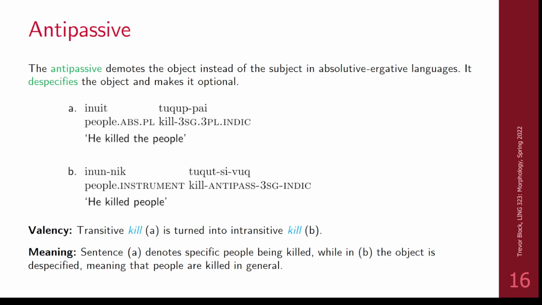Okay, so we'll talk about the other processes fairly quickly. This is just all about removing or gaining more arguments. So all the word schema do look similar in that regard. So what the antipassive does in ergative absolutive systems is it de-specifies the object and makes it optional. So the passive makes the subject optional, the antipassive makes the object optional. So for he killed the people, we see